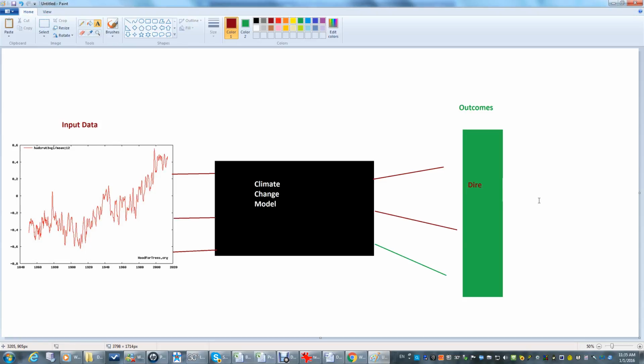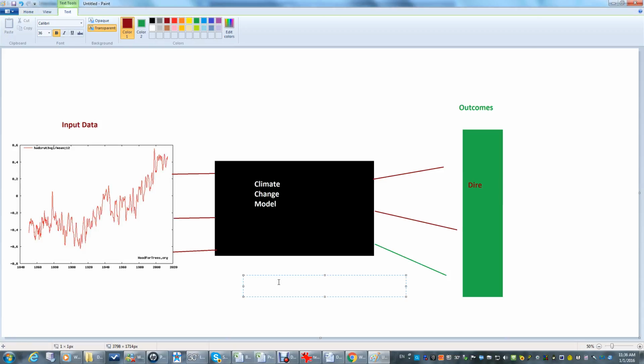What's an example of a dire outcome? Okay, the sea level is going to rise, Antarctica is going to melt, polar bears will run out of food, and so on down the line. All sorts of things that I basically call stuff that should cause you to panic. But before you panic completely, remember that whatever is going on inside this black box climate change, what I would